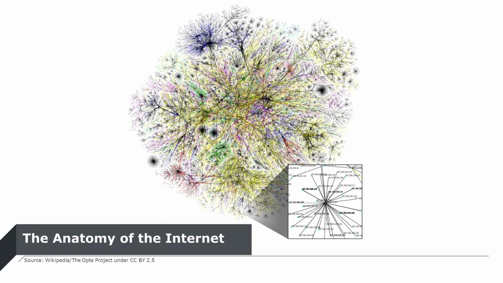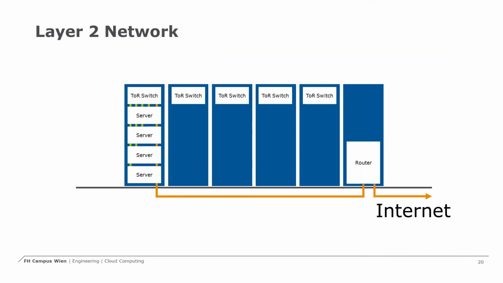The anatomy of the internet. Once the physical infrastructure is set up, there is also the question of how to connect the internet. As mentioned before, networks can be complicated and there is no one-size-fits-all solution. Smaller customers will typically use the network infrastructure provided by the data center, while larger customers will host